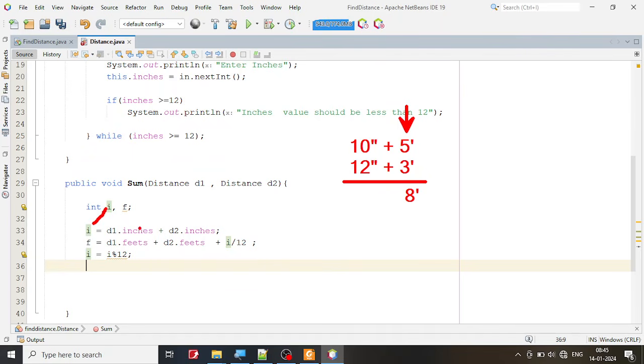What about I? I is the inches of the first number plus the inches of the second number, that is going to be 8. Okay, what about this, feet? Feet is the feet of the first number plus the feet of the second number, so this is going to be 24. I mean, sorry, 22. Okay, so 22 is the answer, plus